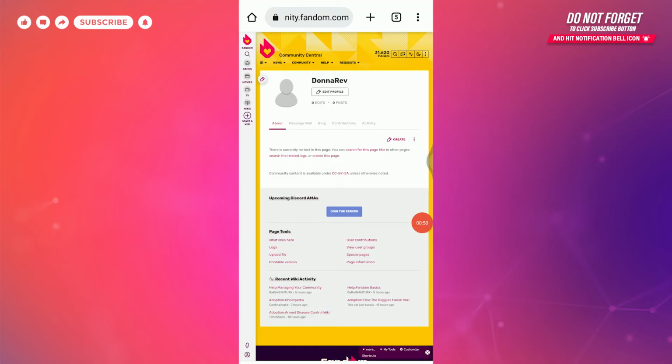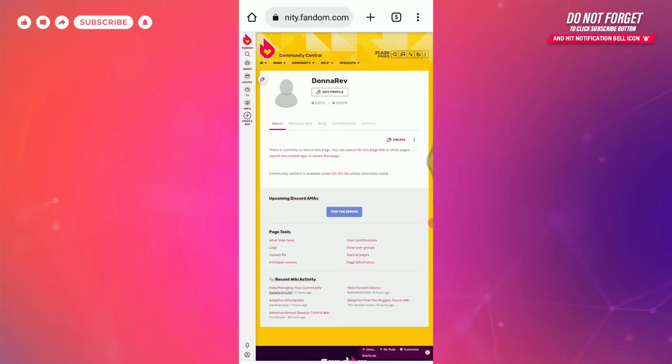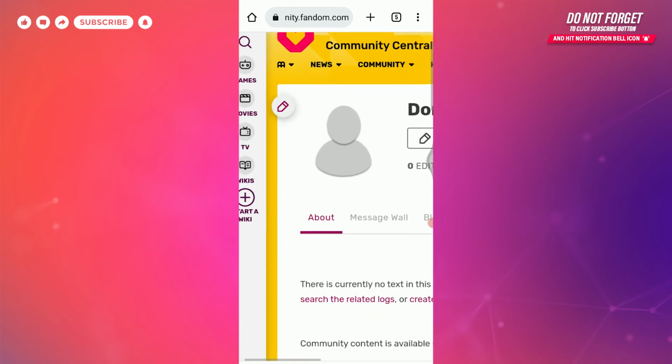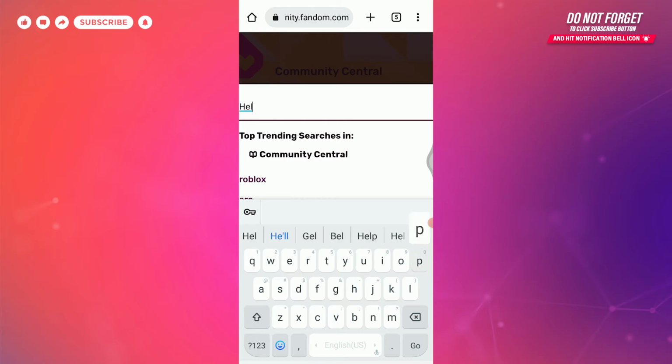You might also be taken directly to the application itself, but remember that you have to stick to the browser and log into your account there. And when you log into your account from the browser, you will be taken to a page like this, and on the top left corner you can see a search icon. You need to click there and type help close account